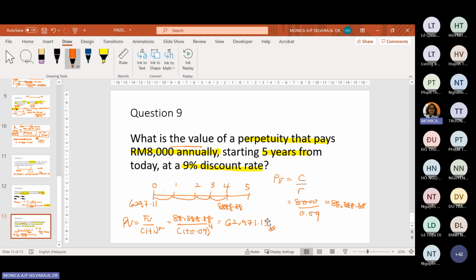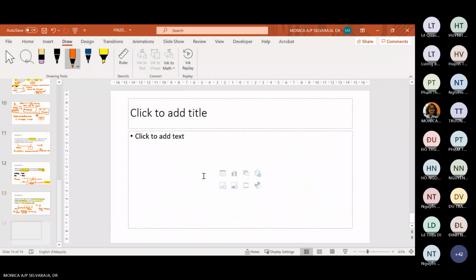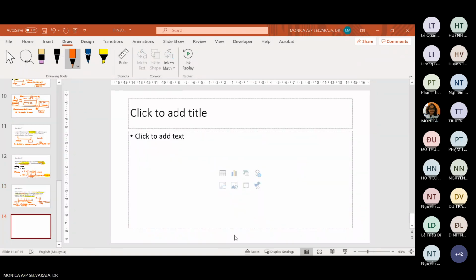Here's the answer. Okay, I already changed the answer. 88,000, right? It is not 8,800. Too many eights, so I got confused already. So it is